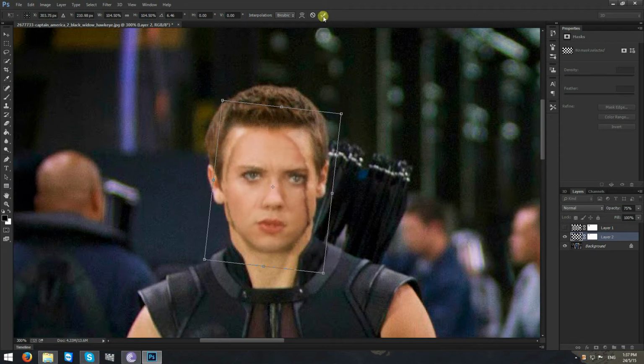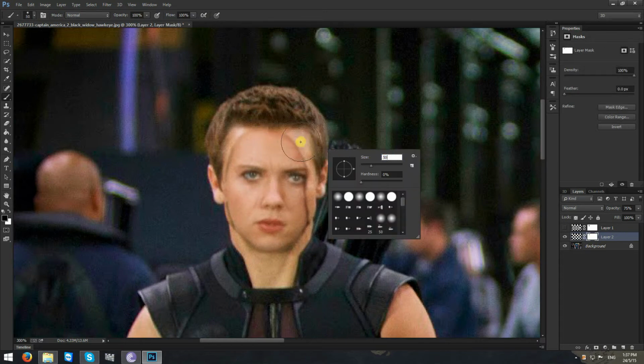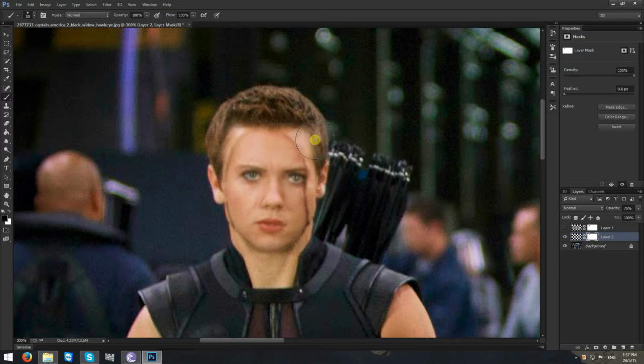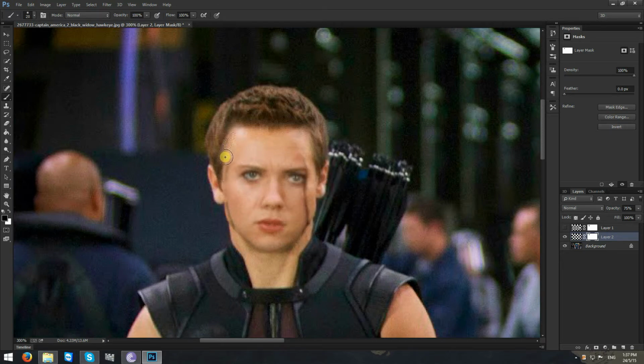So now, let's go back to the mask and make it a little bigger, let's say maybe 50, and now make it like that, just delete this part. We need to make it bigger because the hardness will make it blend in a lot better than if it was small. Now for these edges, I'm gonna go a little smaller. I'm gonna go with 20, just delete those so it will look good. Go with here, here, and